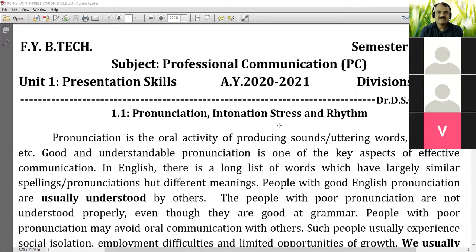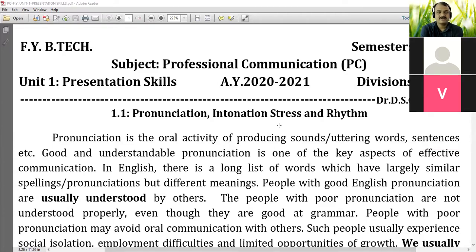Okay. So while discussing sentence stress, we have discussed the content words and structure words. Do you remember? And we had in-depth discussion regarding those content words and structure words, right? So whether those content words are stressed or unstressed during our talk,